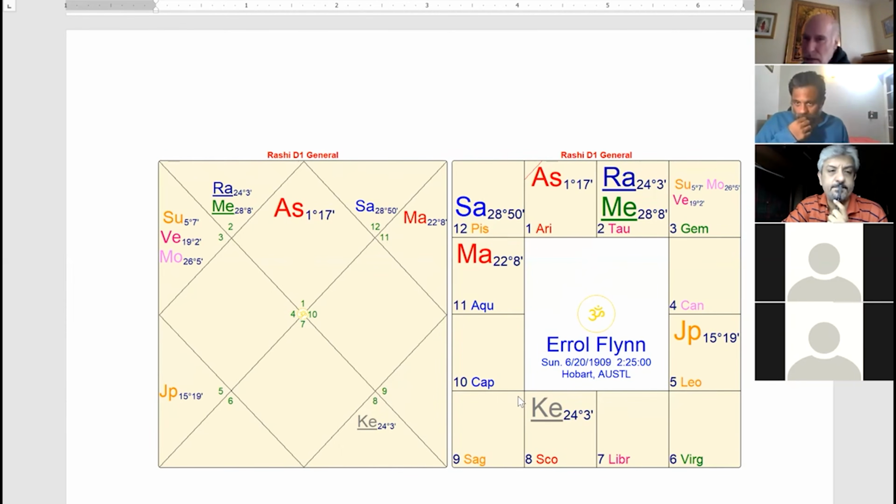Does Venus have a source of strength here in the birth chart? Yes, exalted in Navamsha. Yes, there is an exchange. Right. I asked in the birth chart. We'll see Navamsha in a moment. Sorry. With Mercury. In the birth chart, it's in exchange with Mercury. Of course, you can see these planets fall in the third house of performing arts. Of course, Venus is the artistic planet to begin with. Mercury, the third lord, is involved in this exchange, right? Fourth house. He had very palatial homes like many Hollywood movie stars.